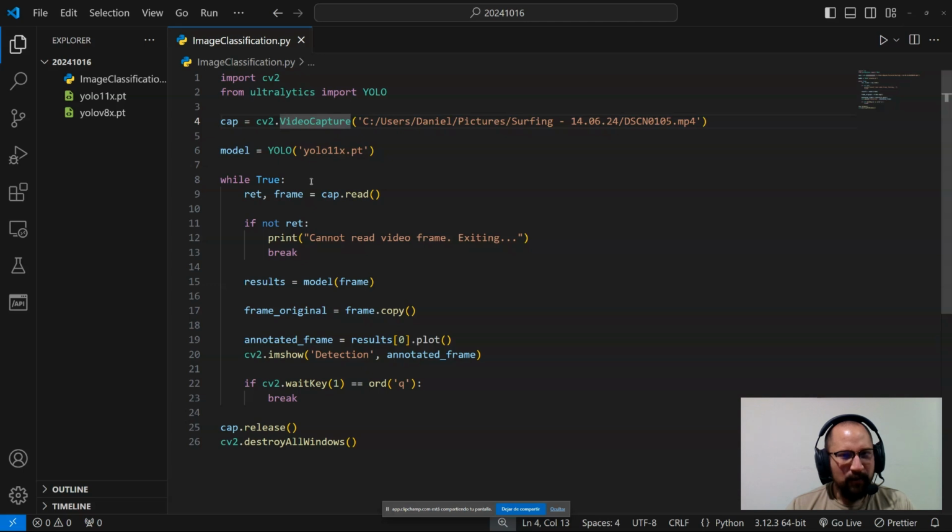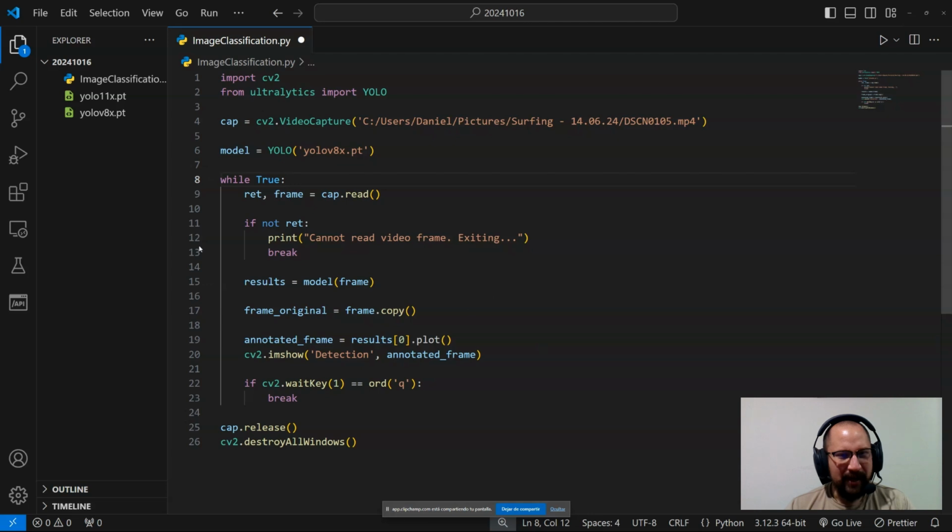And now we are declaring the model that we are using from YOLO. For this one, I'm just messing around with the latest version, but we can use others. I like this to test my algorithms and my code. We have a while loop that at first look you could think is an infinite loop, but it is not.